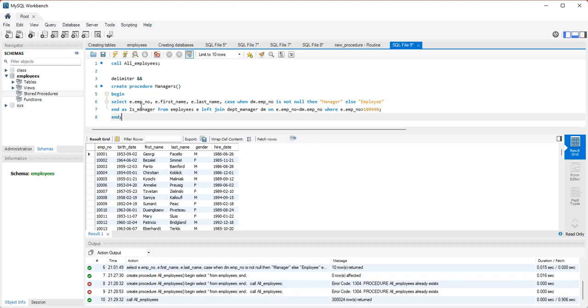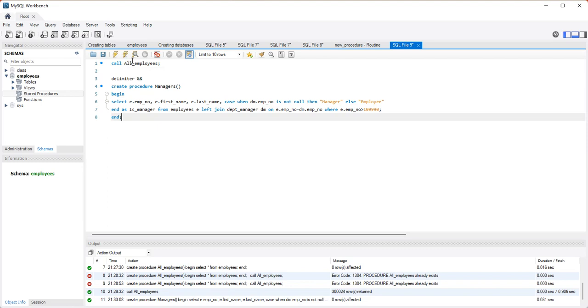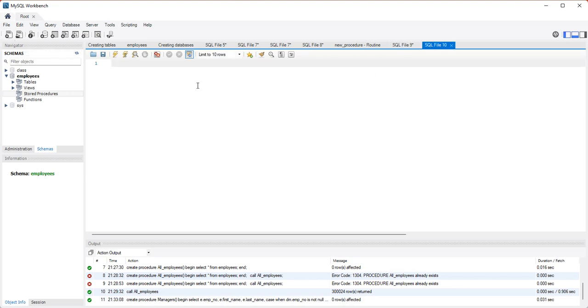So I'll create this procedure, but to get the output I will not need to write this whole line of command. I'll just call the name managers and I get the output. Let me run that. So we have created a stored procedure called managers. So let me call it. Of course I don't want to experience an error down there, so use the function call and then the procedure name